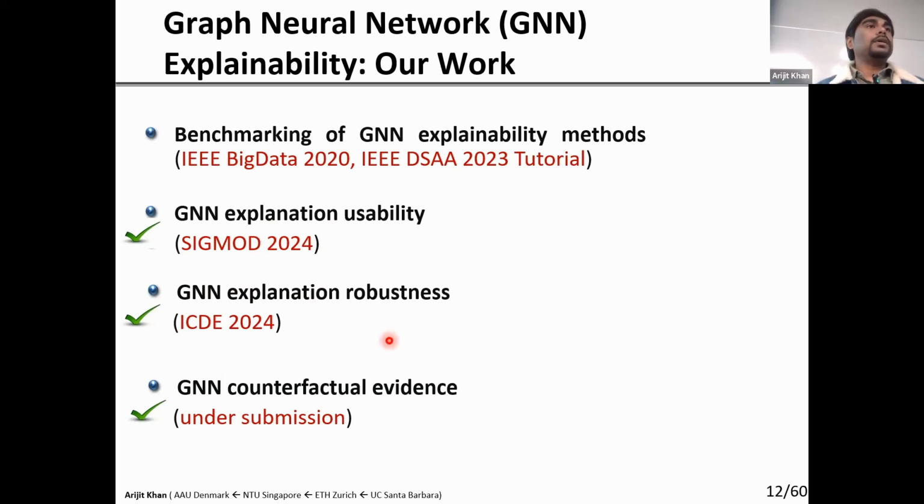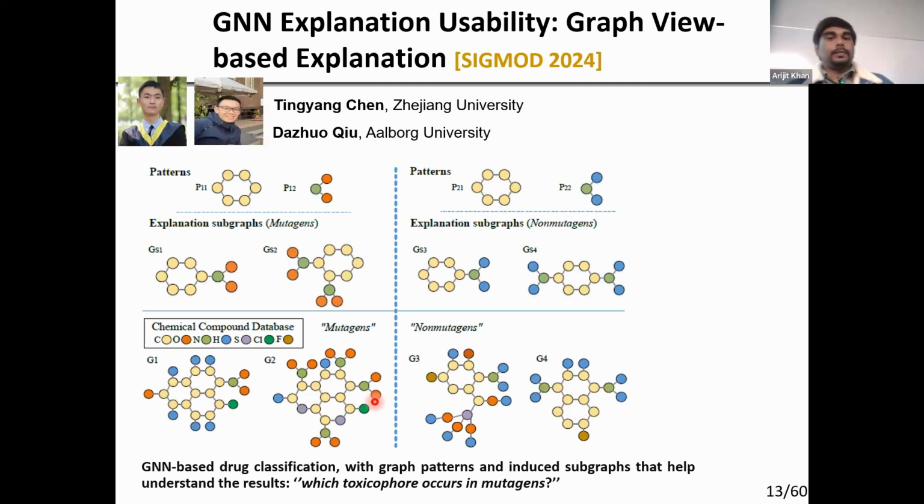in the graph data. Because if there are minor or insignificant changes in the data, you don't want the decision of the model and the decision of the explainability method to change drastically, right? If that happens, then of course it means you can't build trust in your model. And then I will also talk about a bit of counterfactual evidence to get fairness out of this kind of explainability results. And again, fairness, bias, etc., are very critical these days, right, in the context of both data management and machine learning. Okay, so let's start with our work on the explainability part, or to make explainability more usable